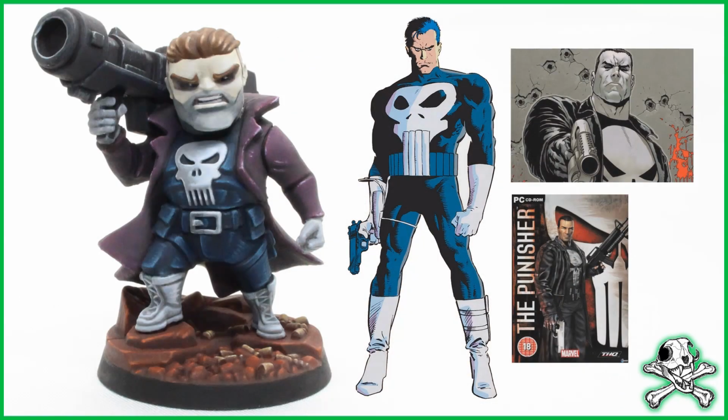And there he is next to my inspiration. So I used the Punisher from the 1980s comic with the nice blue shiny jumpsuit with the white gloves and white shoes. I used the Soviet Punisher comic as inspiration for the face colour, the skin colour should I say, with a little bit of a beard going on. I just think he looks super menacing in that pose, that colour scheme. And again, it's brighter than I would normally go for a skin colour, especially for something as chibi as this. And finally, the Punisher from the video game, I used the red colours for the base,